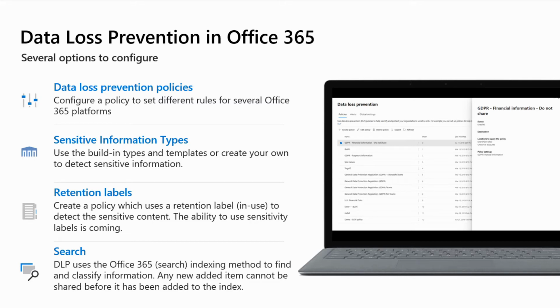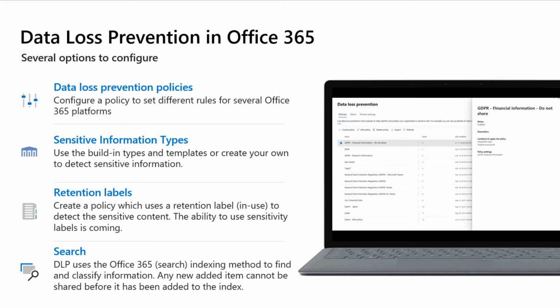So if you already have retention labels, for example, for retaining or deleting content, then you can use them as well in data loss prevention. There's no option right now to use the sensitivity labels for that, but word is that that option is coming as well. And the fourth thing to take into account is that, at least for SharePoint and